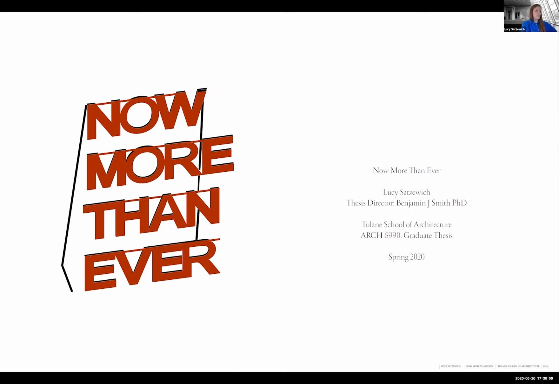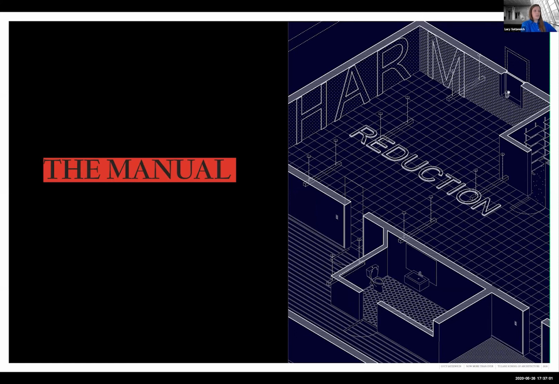The thesis project comprises 3 parts: the manual, the fix, and the exhibition. The manual was created through a series of international site visits and research, leading to a physical book to be disseminated to firms constructing overdose prevention sites. The next phase, the fix, serves to test design guidelines produced in the manual. The final phase, the exhibition, functions as an annotated bibliography to the project and a means of challenging material assumptions regarding harm reduction in design.